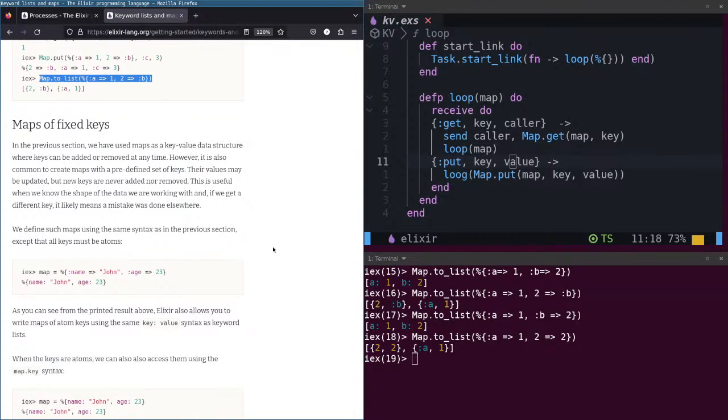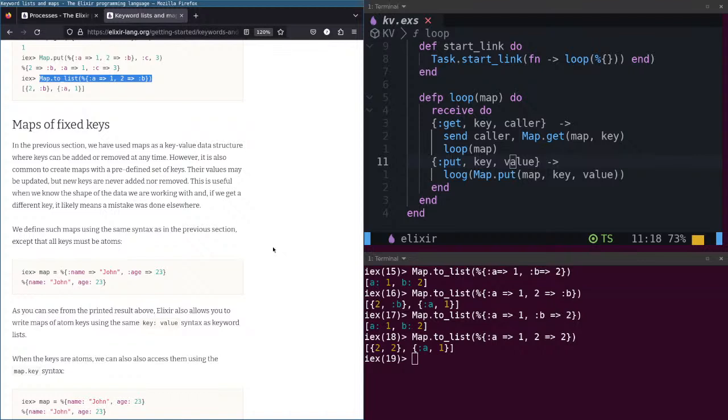Maps of fixed keys. In the previous section, we have used maps as key-value data structures where keys can be added or removed at any time. However, it is also common to create maps with a predefined set of keys. The values may be updated, but the needed keys are never added nor removed.